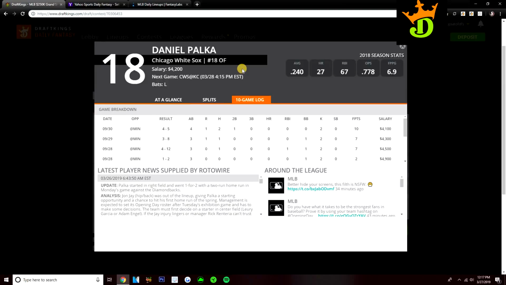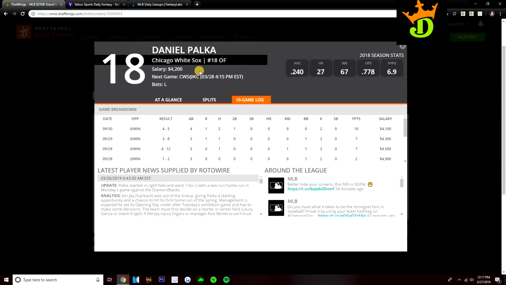And he's another guy with a ton of power, facing a right-handed pitcher in Brad Keller who's just not very good, not a great strikeout pitcher. Palka was a guy that kind of struggled with strikeouts last year, but he did have a ton of power, had 27 homers on the year. Towards the end of the year, we saw him really starting to pick it up with the homers. Great power bat. And I just really like Palka here.